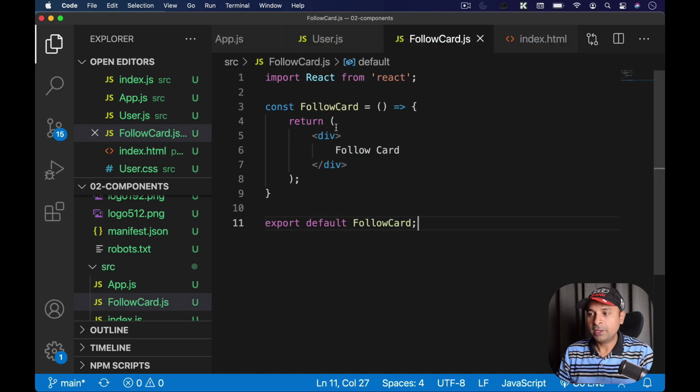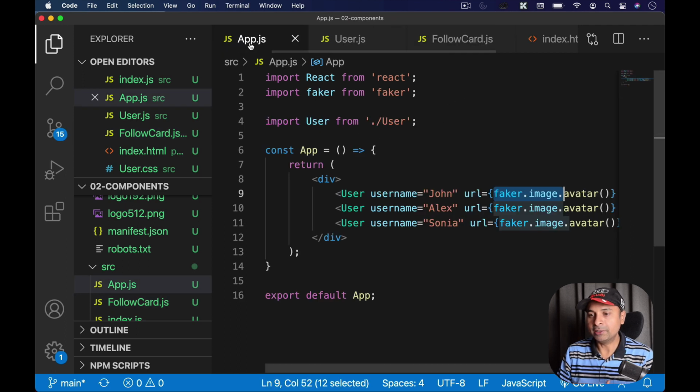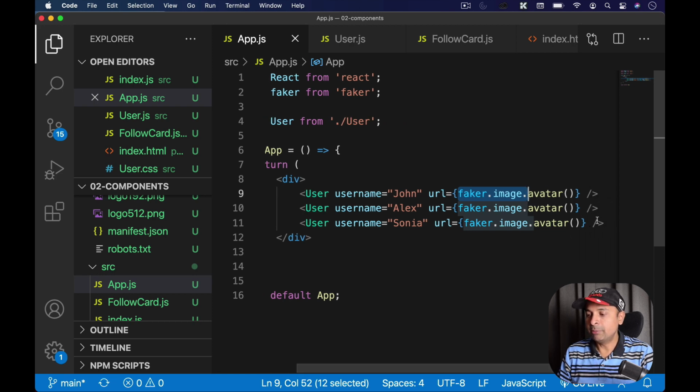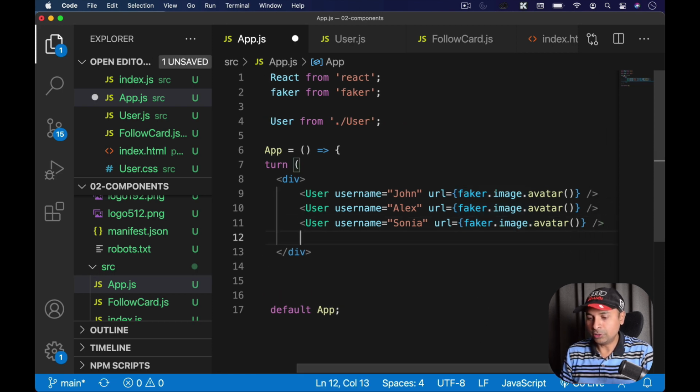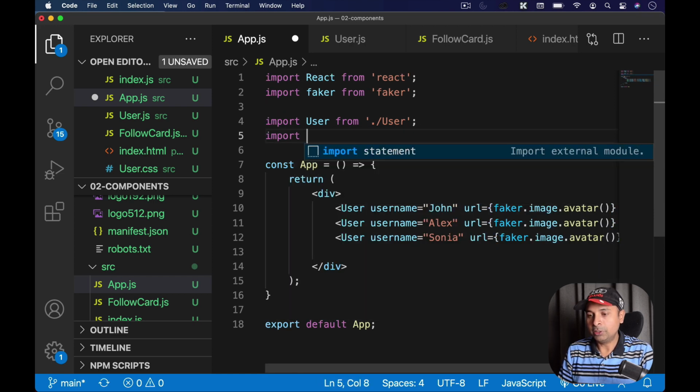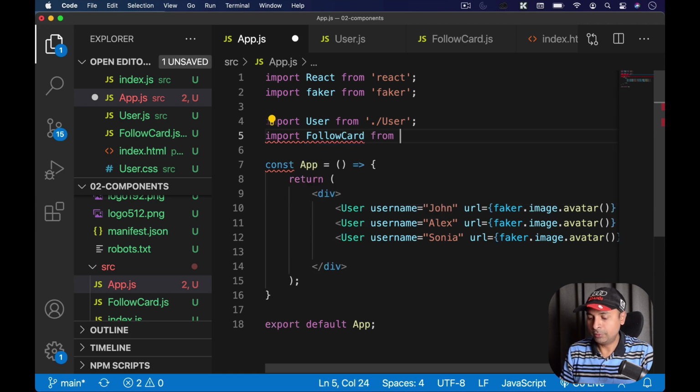I'm going to save it and let's create the instance of this follow card inside App directly. So I'm going to use my App only. Inside my App, just after this user, I'm going to create the instance of follow card. So first of all, we need to import the FollowCard component from dot slash, because it is in the same folder.